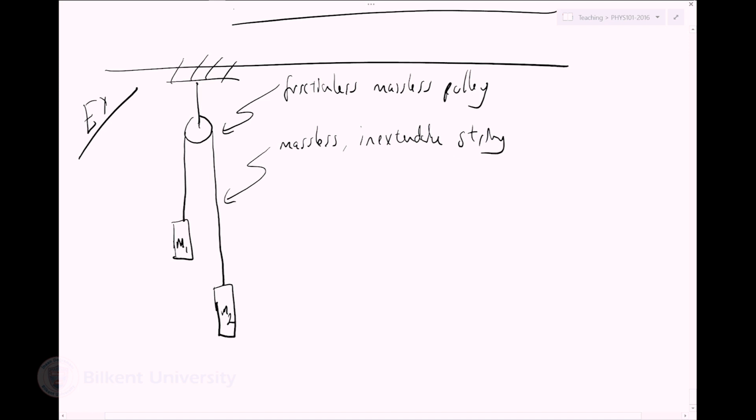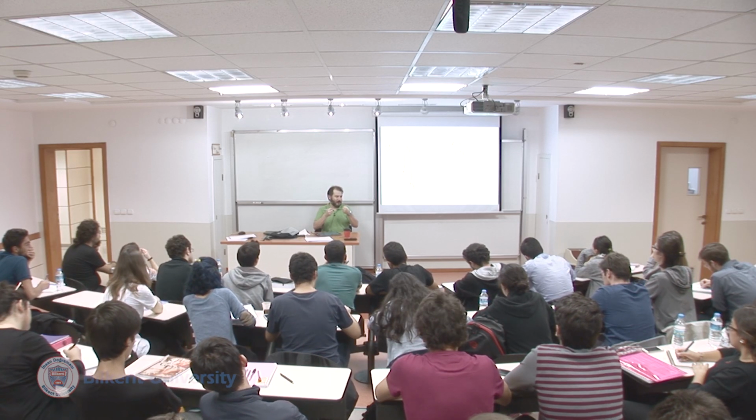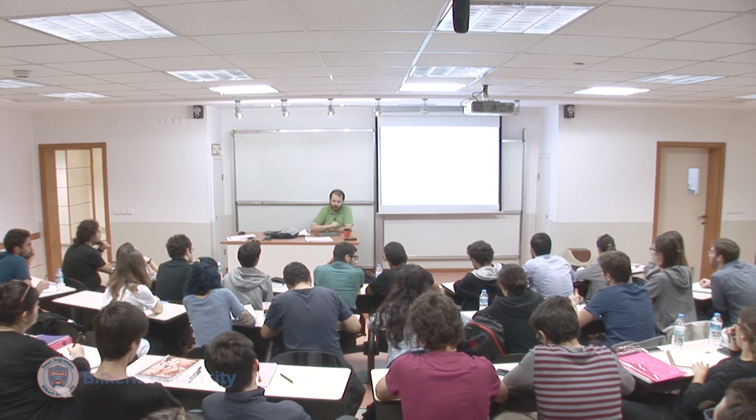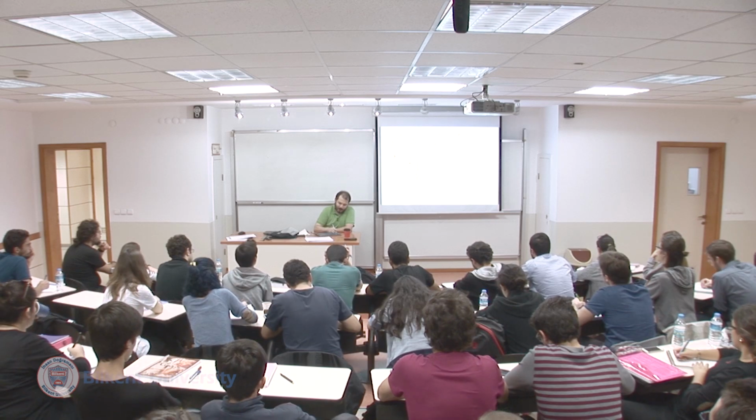So I take a piece of rope, tie two masses to both ends, and hang them by a pulley. So the question is, and this is all under gravity g,